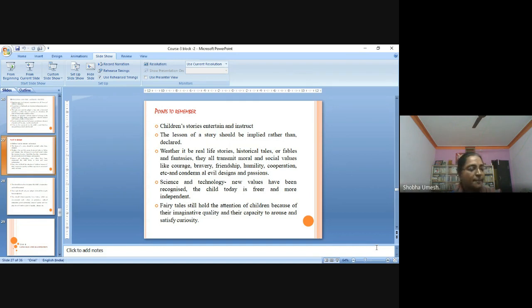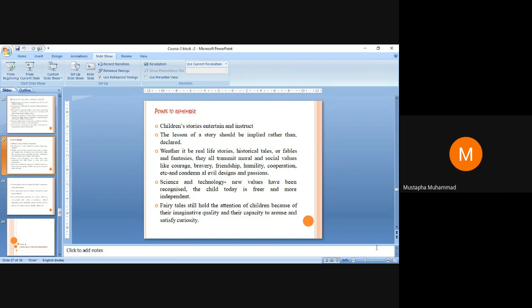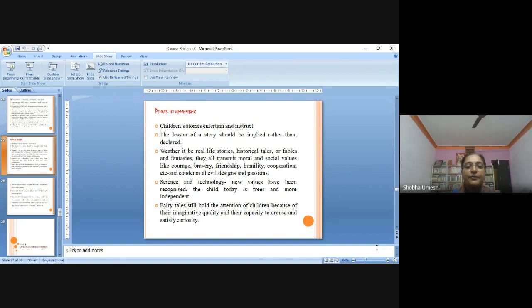The next thing is that the lesson of a story should be implied rather than declared. So it should not be like a declaration, it should always be implied. The lesson of a story, that is the morality or the logic we are going to state at the end of the story, should always be implied, but it should not be like a declaration. So, whether it be real life stories or historical tales or fables and fantasies, they all transmit moral